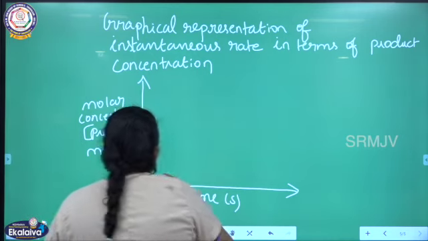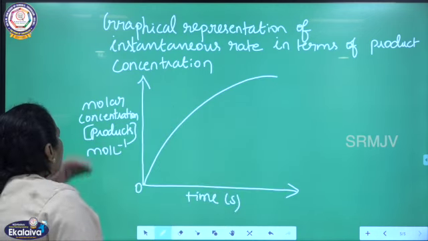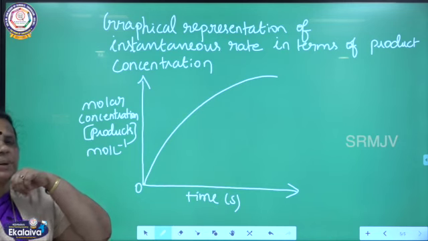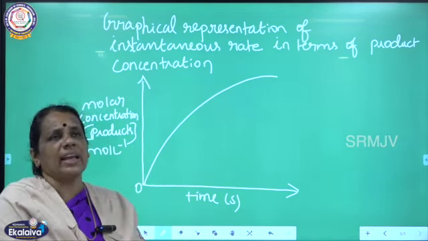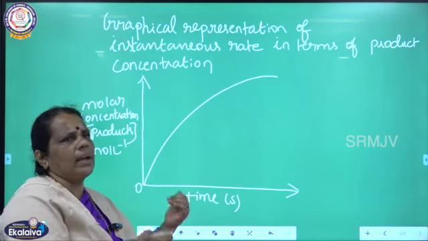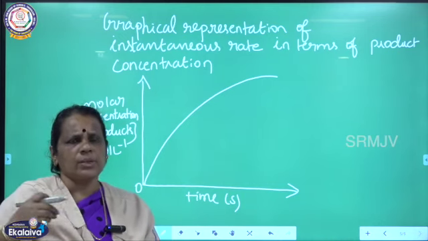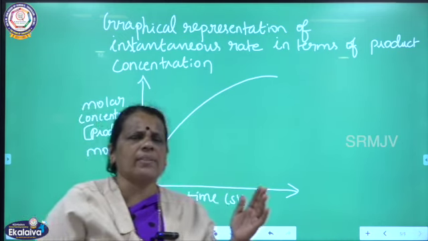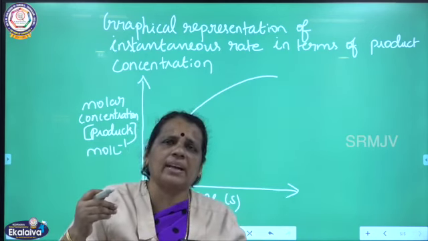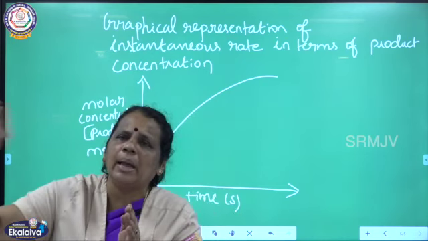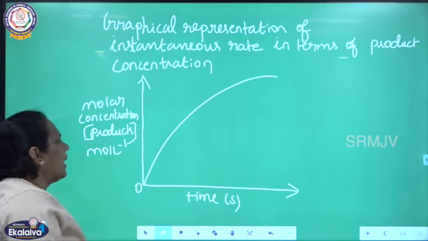So we are getting a graph like this, where the concentration of the product increases with respect to time. In the previous case, I got a graph where the concentration of the reactant decreases with time. Now I got a graph where the concentration of the product increases with time because the reaction proceeds. In the beginning, the concentration of the reactant will be greater. When the reaction proceeds, the concentration of the reactant decreases, so the reaction is moving towards the product, and the concentration of the product will be greater. So here we are getting a graph like this.